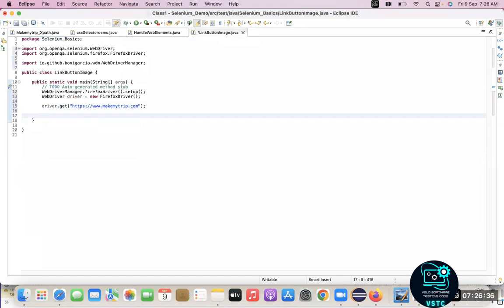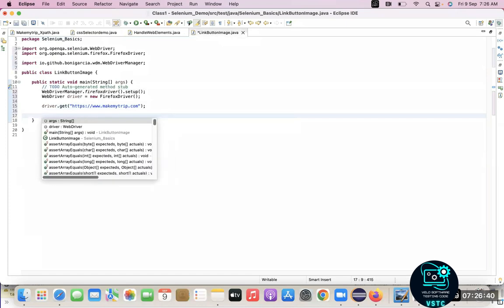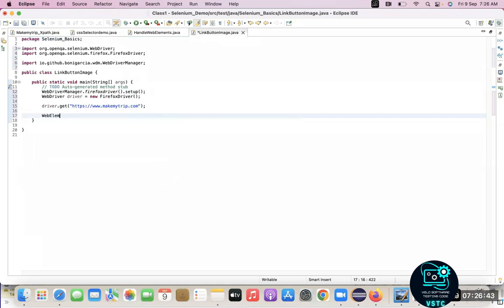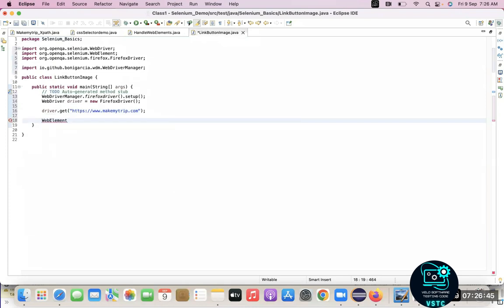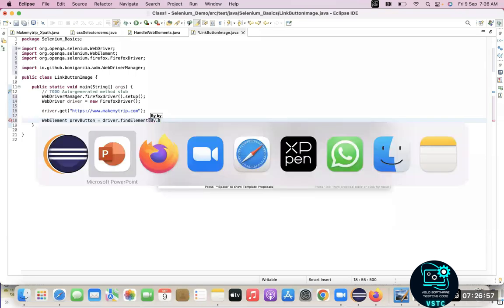So once MakeMyTrip is launched, I want to find driver dot, let me store it in a variable, WebElement previous button is equal to driver dot findElement by dot. Let me use,